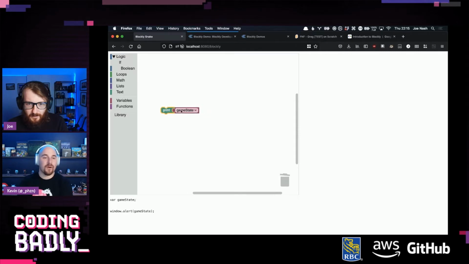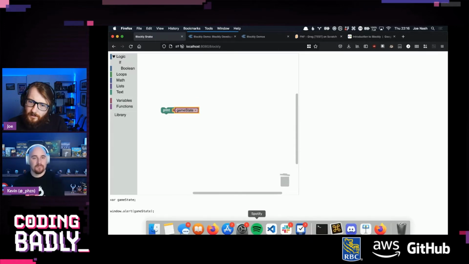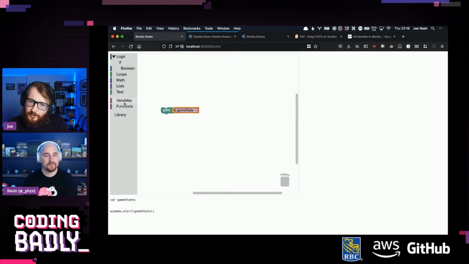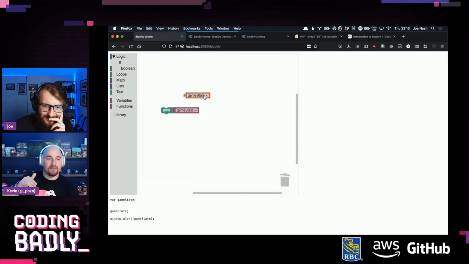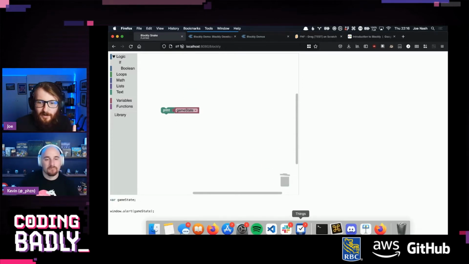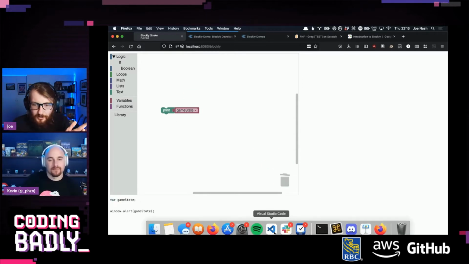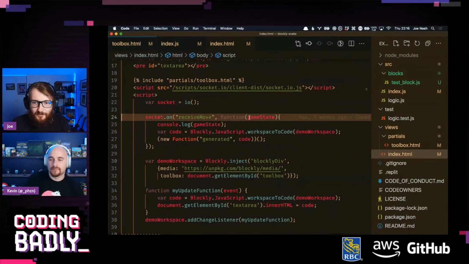I think the moment you create a variable in Blockly, we weren't doing that last time. And also, if you do a var in strict mode, we'll get an error. I'm wondering if we can create the variables elsewhere, perhaps, and then use them in Blockly. Well, that's what we're doing. This worked last time, so I'm not entirely sure what's going on. But yeah, we're getting the move receive. We're getting it as game state, and then we're just using it.